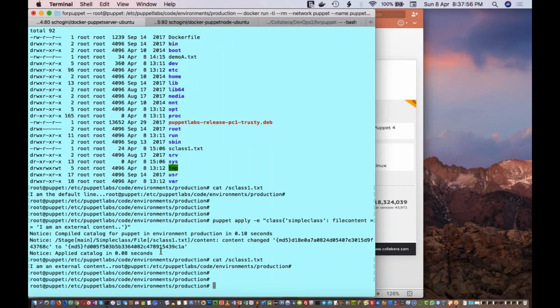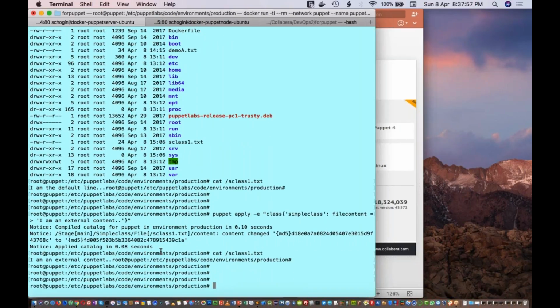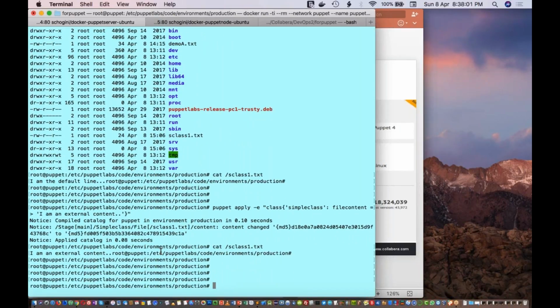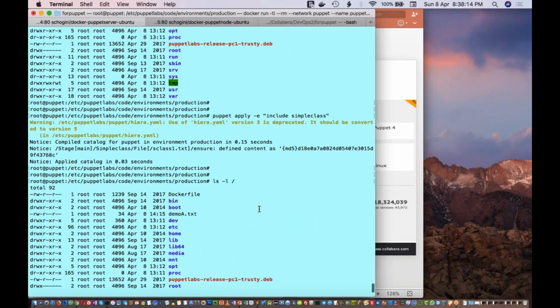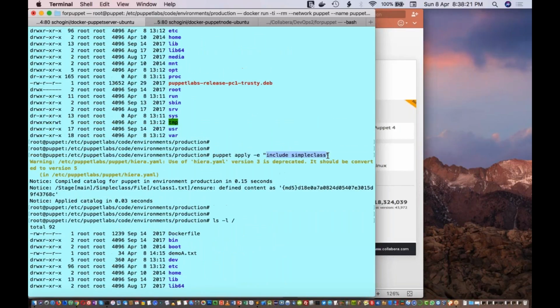So is it clear, the difference between normal style declaration and resource style declaration? Any doubt? Reza wants me to explain again. So Reza, this is what I explained earlier. Here I am using this line, like when you use minus e, you can directly execute Puppet commands. So here I am executing this include simple class. This is the normal style declaration. So it will execute the content